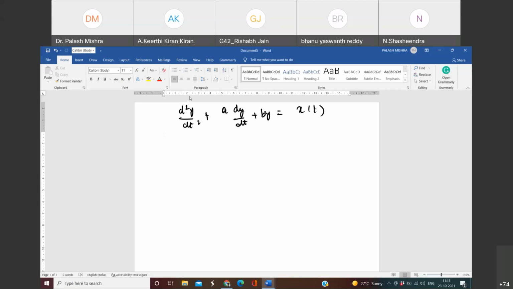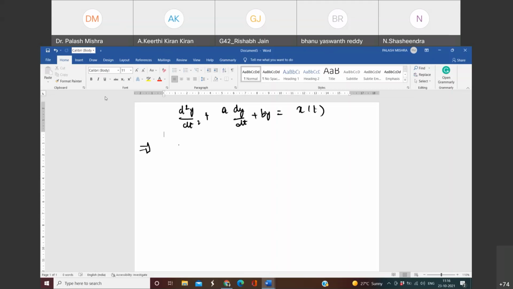This is a second order linear differential equation. Why second order? Because the second order derivative has been taken. Why linear? Because there is no multiplication of the two variables existing in the differential equation. So if you have to solve this kind of equation, what all concepts must you use? Let me just review the concept of the previous one, then I will tell you related to this one.